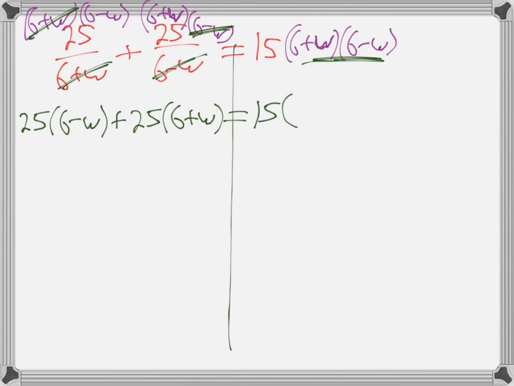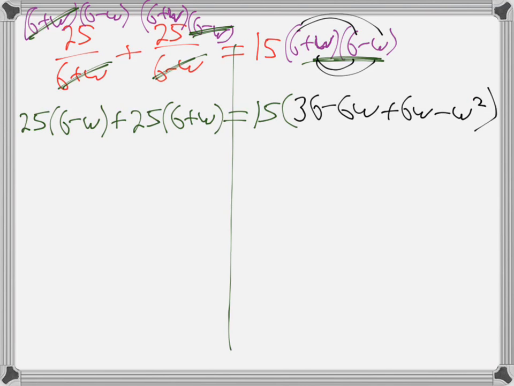On the right side, I'm going to FOIL this out. I'm going to leave the 15 sitting there for a minute, and I'm going to FOIL this out. So I'll get 36 minus 6w, plus 6w minus w squared. See what I did there? I just FOILed that out. Now, I'm going to distribute on this side. 6 times 25, 6 quarters, $1.50, right? $1.50 minus 25w, plus $1.50 plus 25w